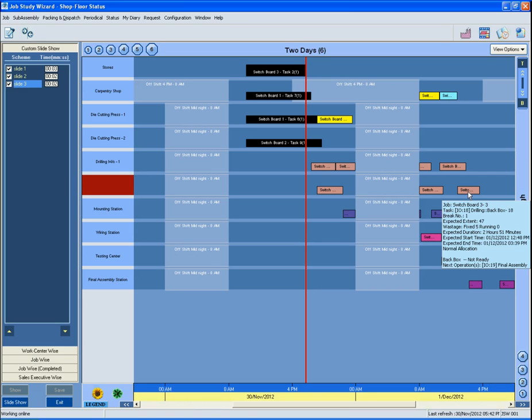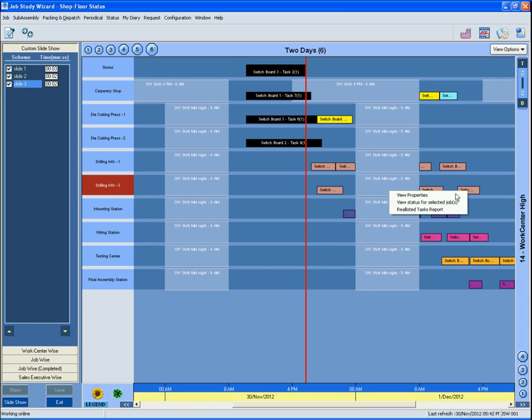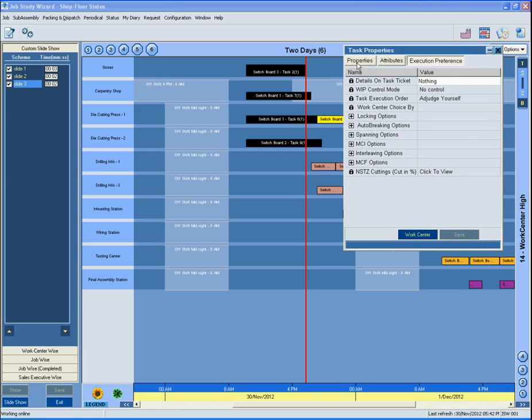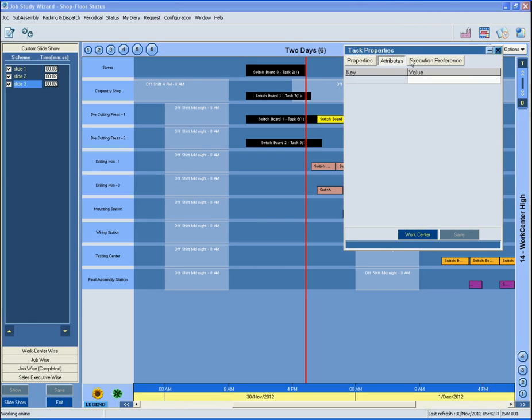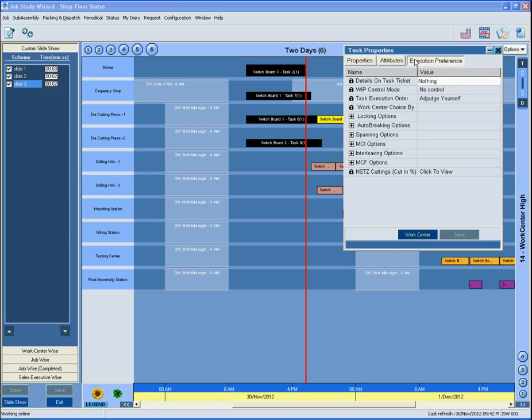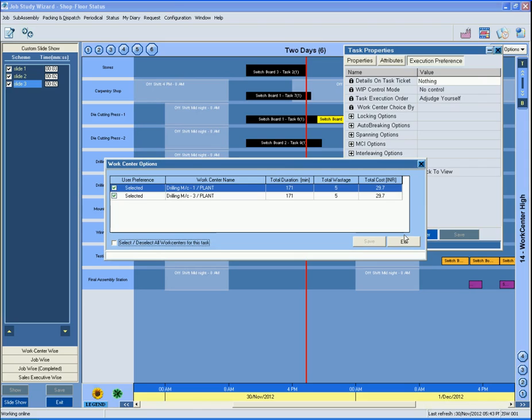Likewise, if you right-click on any task, a pop-up menu opens with 3 options if the task is yet to begin, and 4 if it is actually running. View properties: click it to see complete task information like its properties, attributes, and execution preferences. One can also see on which work centers this task can technically run by pressing the work center button below. The information is exhaustive. We urge you to read various topics covered in the Fundamentals button on the LIPS dashboard.